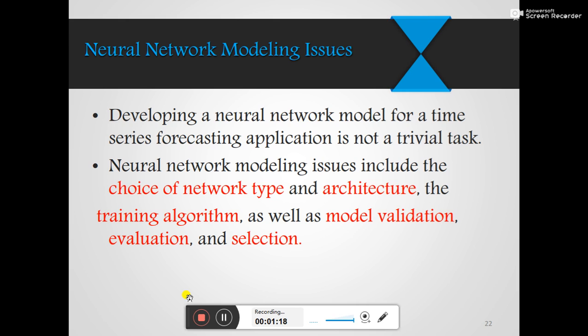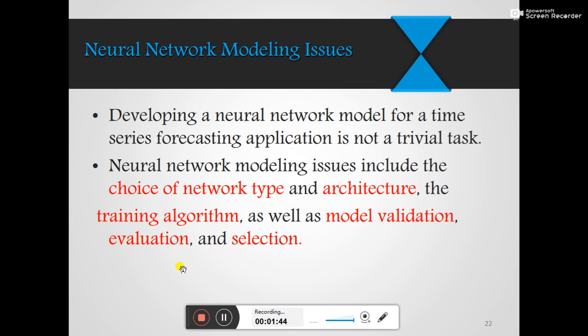These are very important aspects in neural modeling to forecast any data or to study any time series. You need to choose a proper network type along with the architecture. You need to train the algorithm. You need to use a validation model to evaluate your algorithm, and also you need to select the proper algorithm